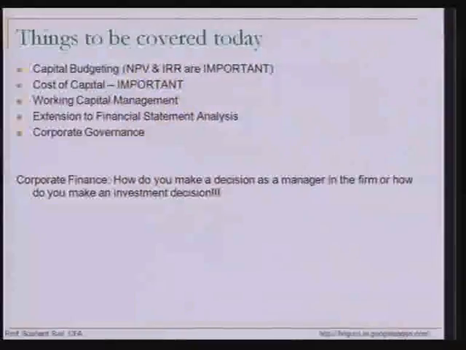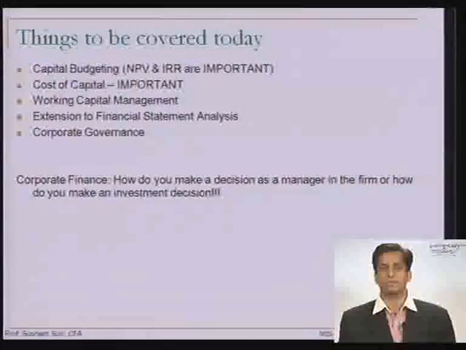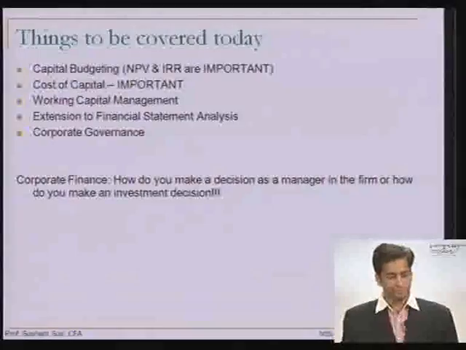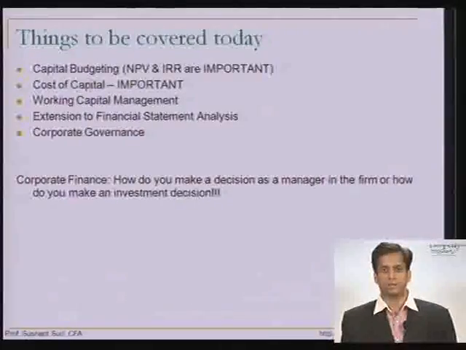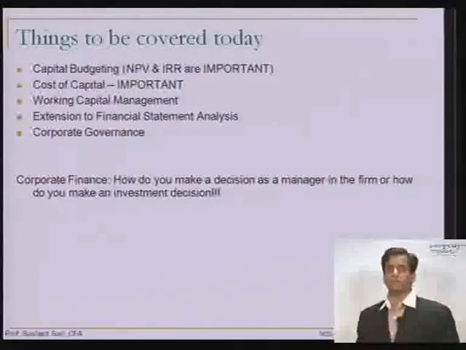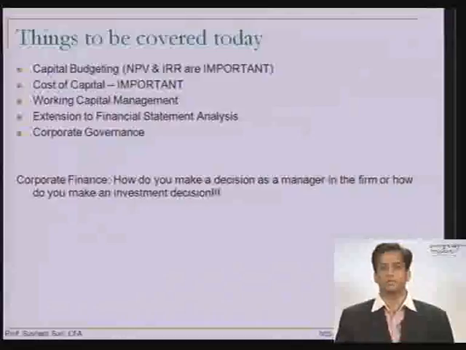There are basically 4 or 5 things we need to cover in corporate finance which CFA Institute looks at. One is capital budgeting, budgeting for the project, whether the project is positive cash flow or not. Cost of capital is again the denominator, the factor which you use for discounting your cash flows, or probably the return that investors expect from the project. Working capital management is another important piece of the whole subject, because in today's economic scenario, this is all the more important, how you are deploying your working capital.